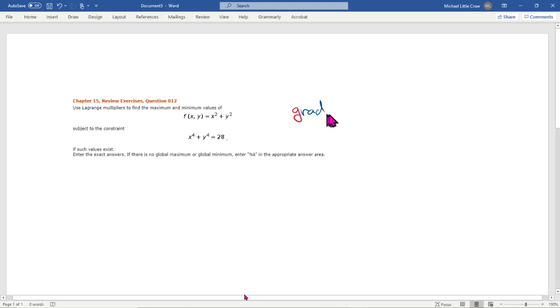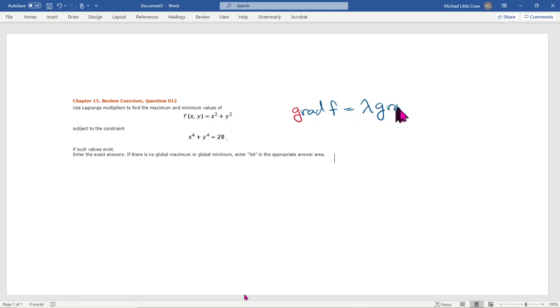The gradient of f will be equal to some multiplier times the gradient of the g function. So we'll call this g of x, y. Okay. And so what is the gradient of f? Well, the gradient of f